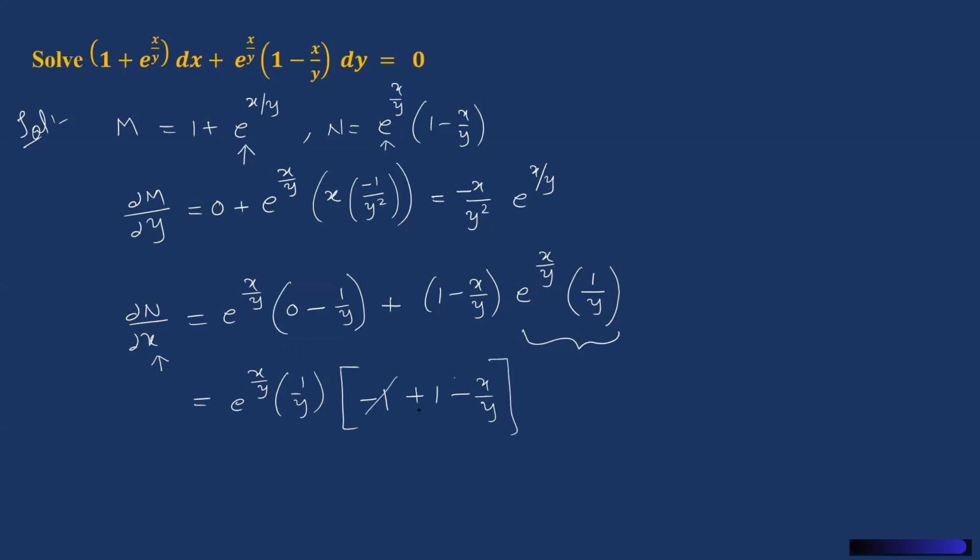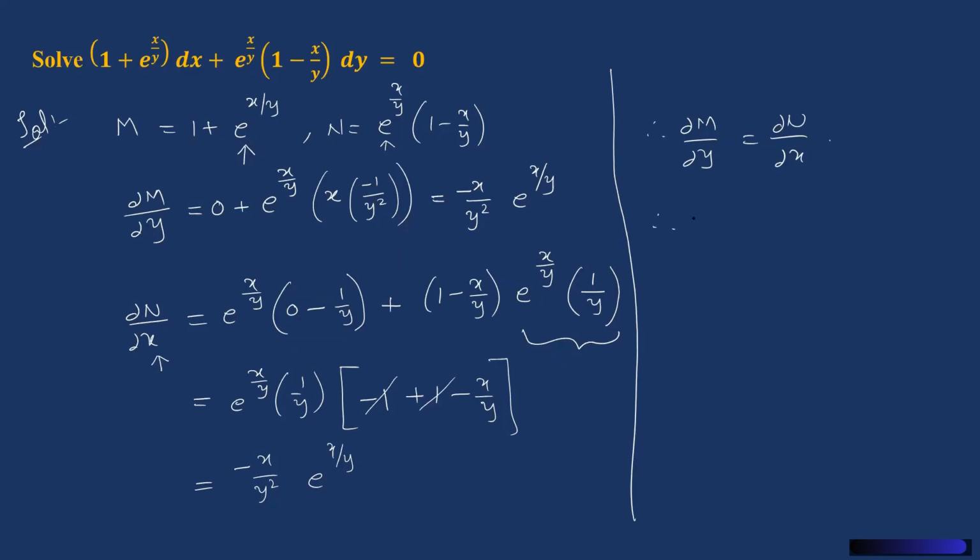See, this one can be cancelled, and if you multiply these two, see what you get here. It is minus x by y into this 1 by y. So it is minus x by y square into e to the power of x by y. See, you got them as the same, right? Dou M by dou y and dou N by dou x, both are the same. So therefore, dou M by dou y is equal to dou N by dou x. As these two are equal, we can then say, if I take this as equation 1, or else the given differential equation